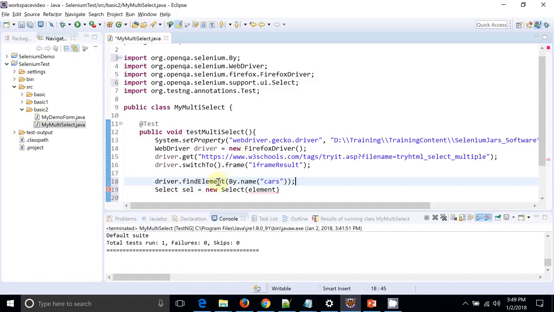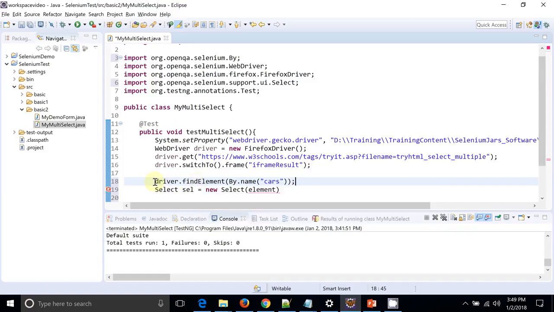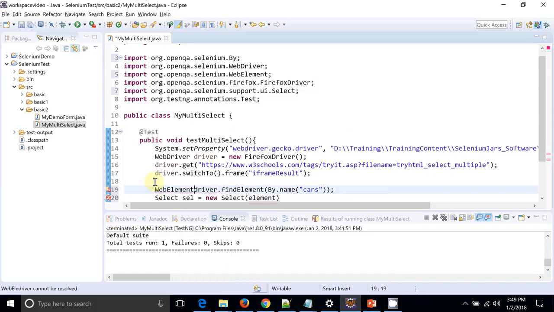Okay, fine. So I'm able to locate the list box, but its return type is WebElement, so I will just have the WebElement. I got that element, so I will just pass that particular element to the Select class.